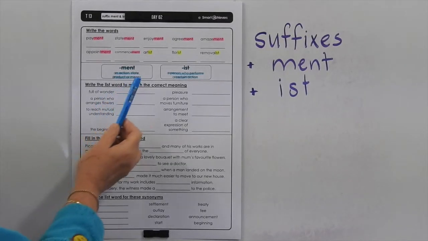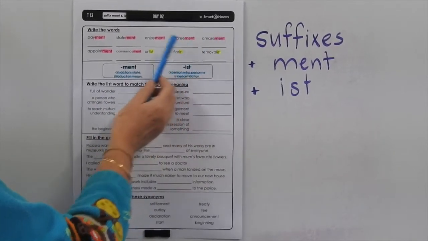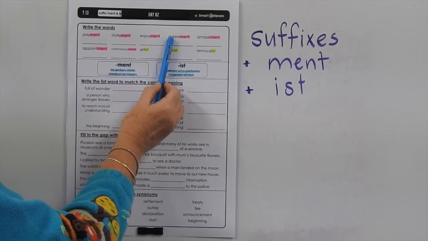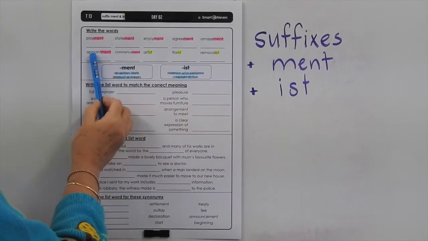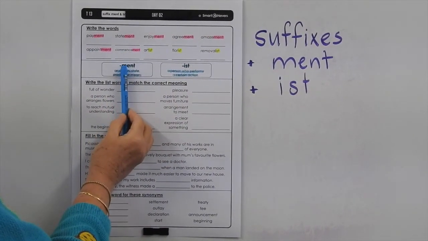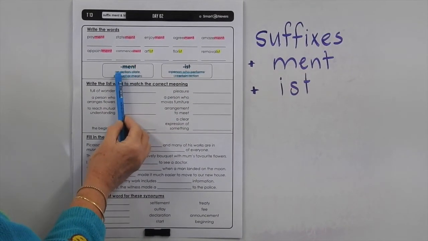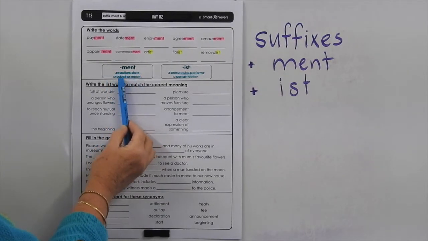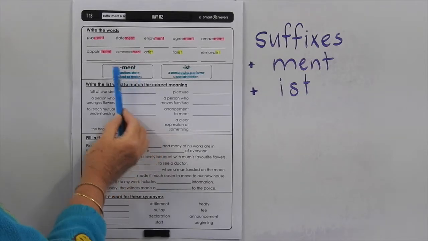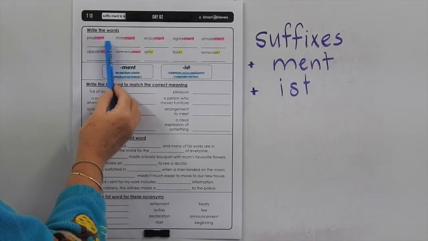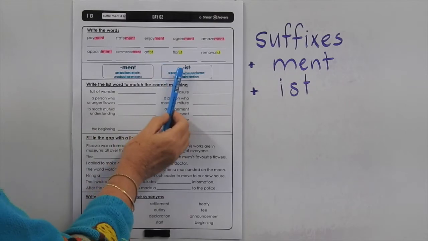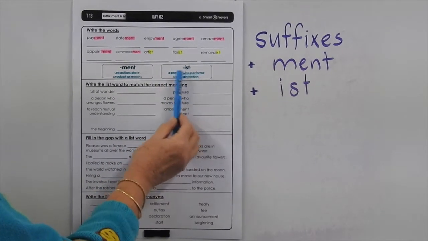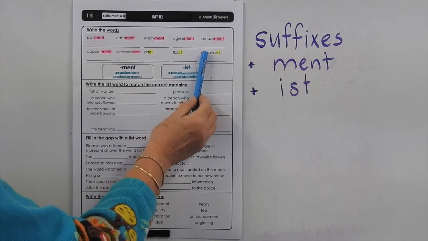In this list we're looking at adding suffixes to the end of the base word. So we've got payment, statement, enjoyment, agreement, amazement, appointment and commencement. So when we add ment to the end of a word, it adds the meaning of an action, state, product or means. So it's also changing the structural form of the word as well. When we add ist, it's a person who performs a certain action. So we've got artist, florist and removalist.